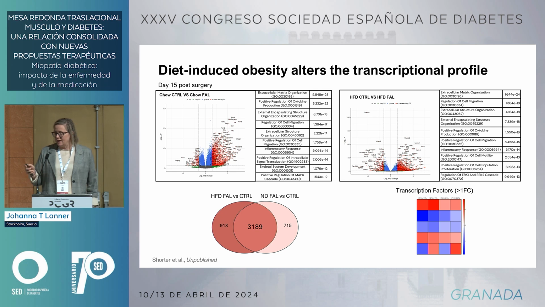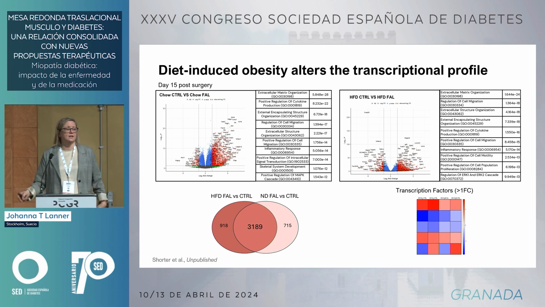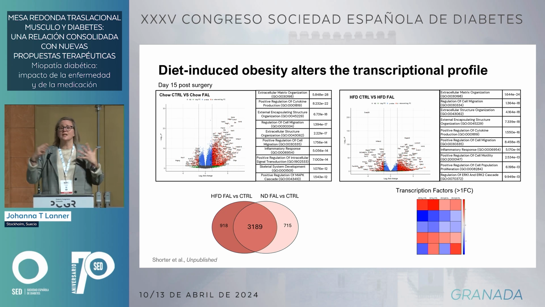I just want to highlight that this is all the 4 groups, and you can't see what it says, but the pattern is red if it's increased, blue if it decreased, very similar, except for this transcription factor here, that is down with obesity, down with fat, and up with normal diet. So this transcription factor, we're definitely interested in trying to understand further.